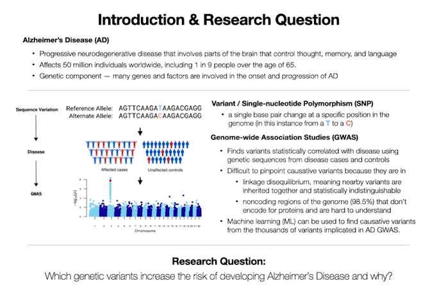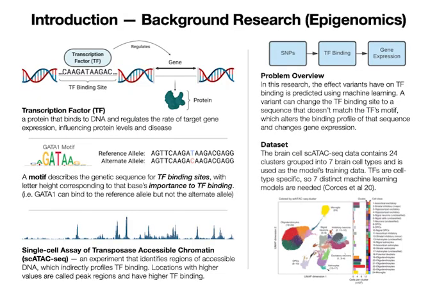Genome-wide association studies, or GWAS studies, have identified thousands of genetic variants that are statistically associated with AD. However, over 90% of these variants reside within the non-coding genome, affecting how genes are expressed by altering transcription factor, or TF binding. Transcription factors are proteins that regulate gene expression and bind to DNA at specific binding sites represented as motifs. By perturbing the sequences of enhancers and promoters which are bound by sequence-specific transcription factors, non-coding variants can alter downstream gene expression.